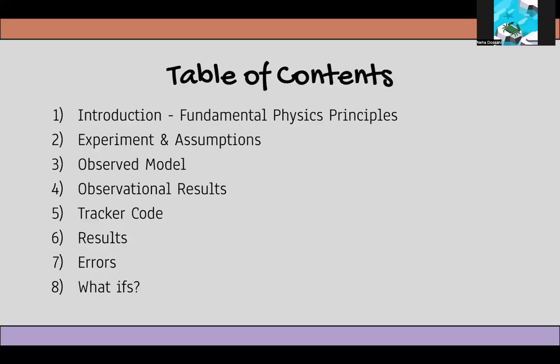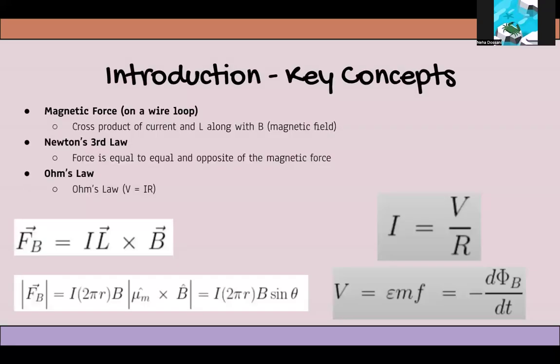First, I will be giving an introduction on the fundamental physics principles, going over the experiment and assumptions, the observed model, the results, the tracker code, and the final results, which include the graphs, the errors, and the what-ifs. For the key concepts used, we have the magnetic force on a wire loop, which is the cross